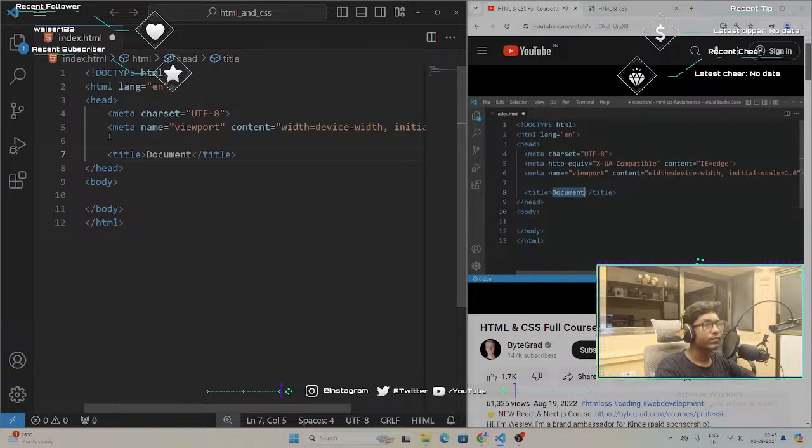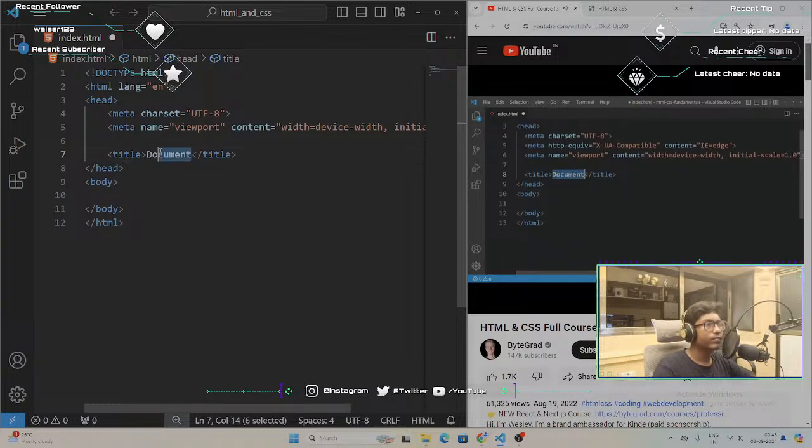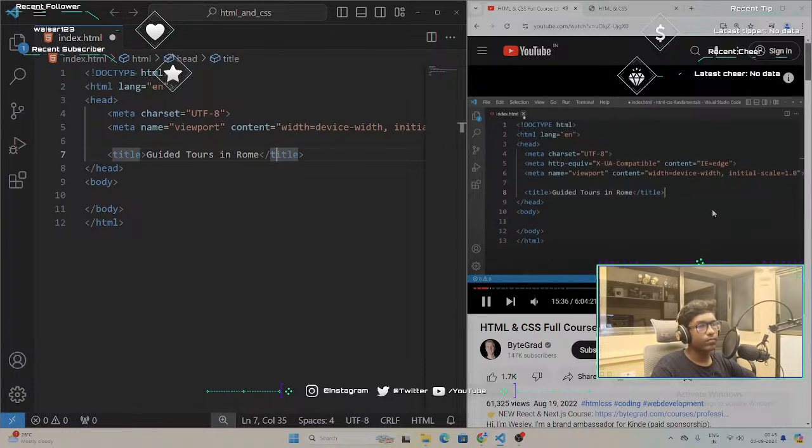Let's actually change the title here to, let's think of an example. Let's say that we're creating a website. Maybe we have a company, we do guided tours in Rome, right? So maybe we create a website for that. We want to allow people to book our tours online, on our website. So we could say guided tours in Rome, right? So maybe we sell these tours on our website, so people can come to our website and they can book a tour with us. So if you change this, we have to make sure that we save here, and then